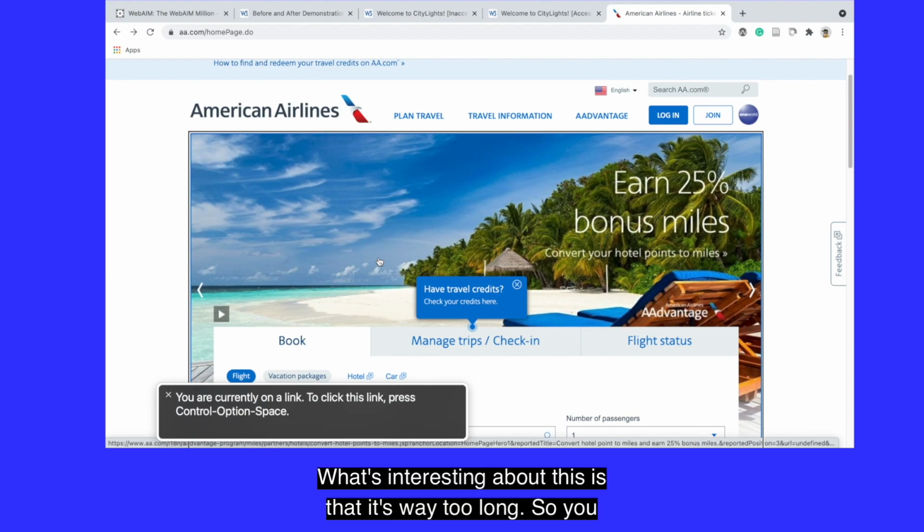What's interesting about this is that it's way too long, so you can hear it as it was reading. It was just very long. And for a screen reader user, they're probably not going to want to listen to all that or even be able to follow it. You can see how that would be kind of confusing, and they should try to reduce that so it's much clearer where the link's going, not providing all that detail, or maybe providing it as an option written out below. But what they did there was definitely too long for a link or image description.